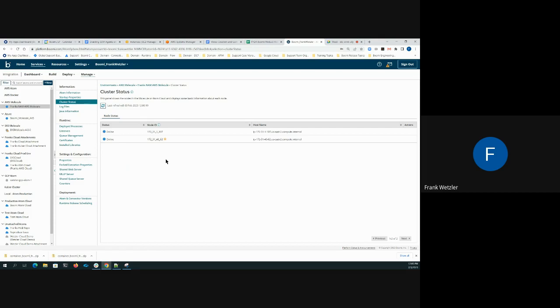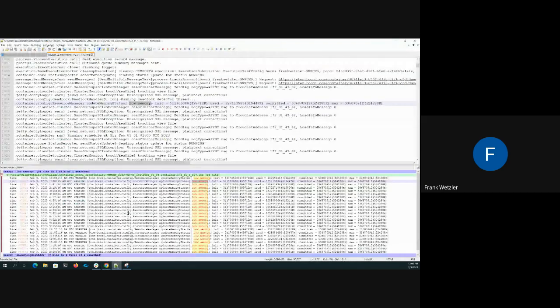At times, the load can be greater than the heap is able to handle within each JVM. And as a result, in the container logs, you will see what we call low memory warnings. These are low memory warnings. They look like this, where they outline how much memory is available to the JVM and how much is used. And once it crosses a certain threshold, it will show a low memory condition. So in this case here, I subjected the molecule to some significant load and it resulted in a low memory